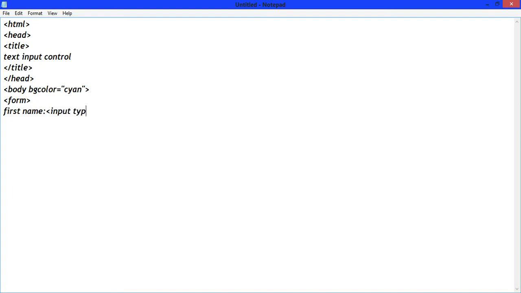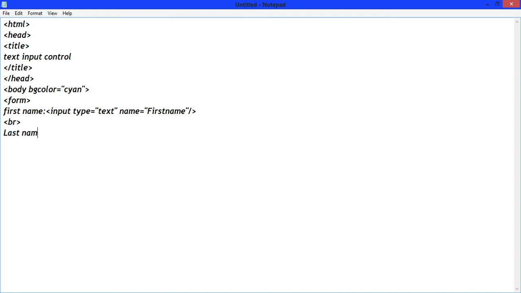Write type equals to text for single line text input control, name equals to first name, then use br to change the line.